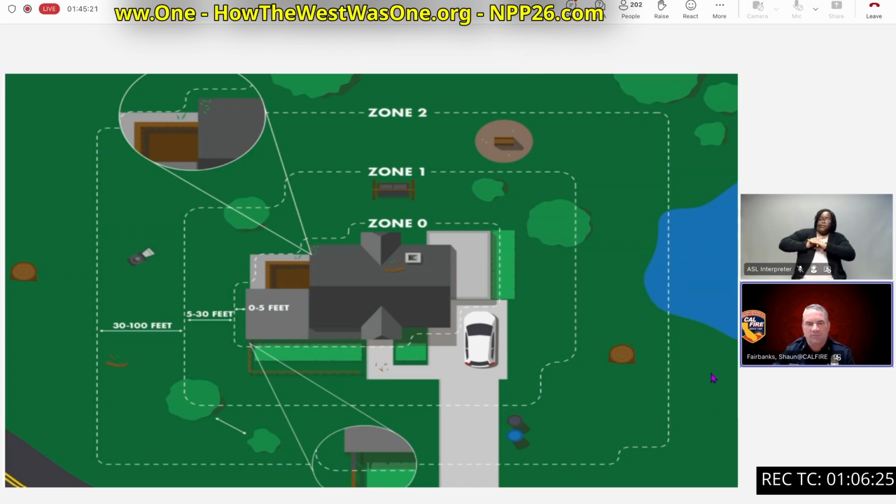Then you'll see the 5 to 30 feet, your zone 1. That's with the mowed annual grasses. Our ladder fuels are removed, and we have tree spacing within that area. And then you'll have zone 2. That's the 30 feet to 100. Ladder fuels are completely removed. You have a larger tree spacing, and that goes to 100 feet on your property or to your property line